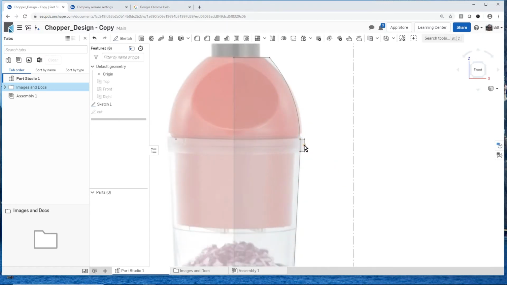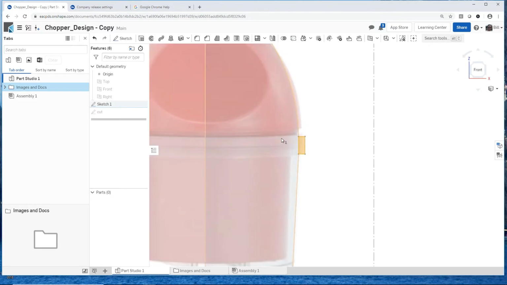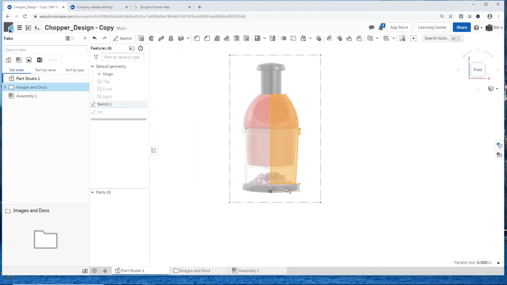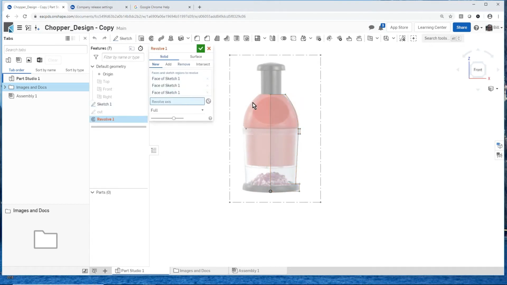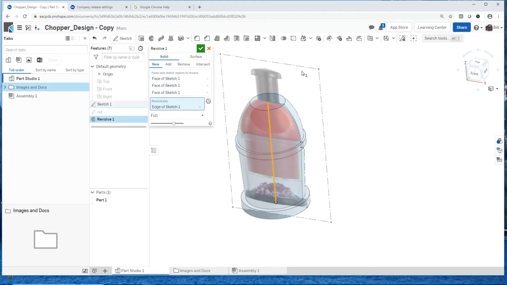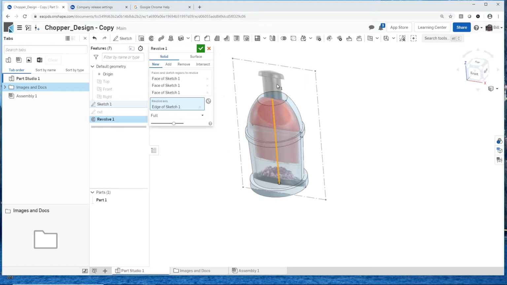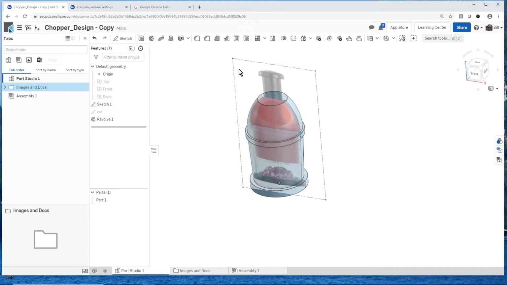So I'm going to pick on the different sections of this sketch that I made. And there's like 3 different sections here. And I'm going to say, let's go in and revolve that about the center line here. So now I have some 3D geometry that I'm working with. This is a good start. The nice thing about working with a